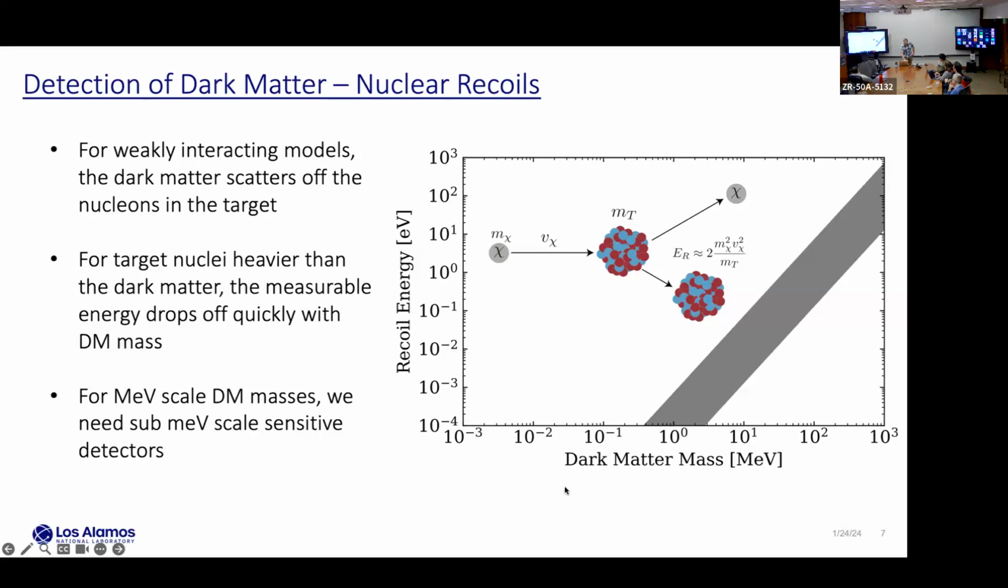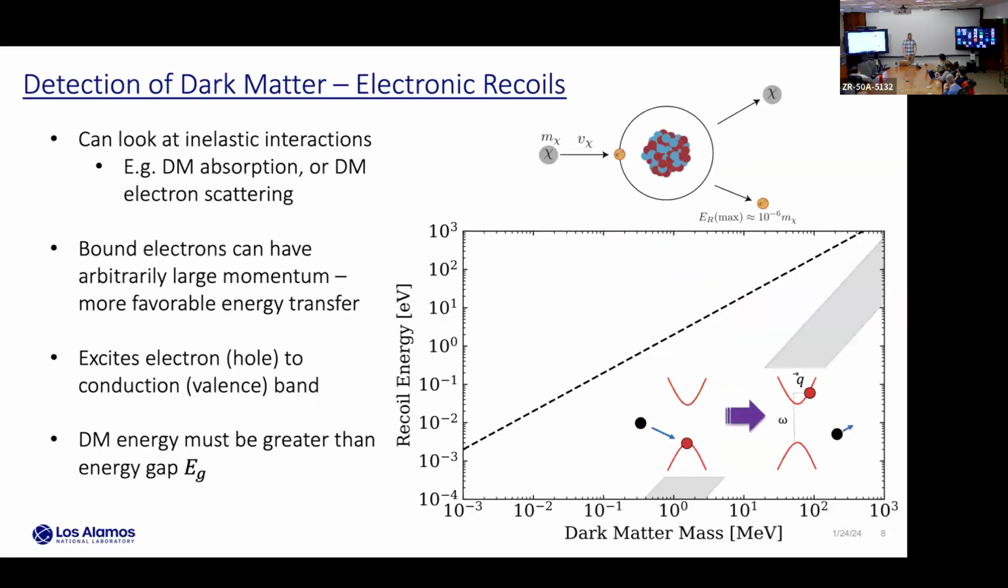And as you go even lower, we're talking tens of micro-eV that we would need detectors sensitive to, which is an incredibly challenging problem to solve. So we have some way to make that a little bit better. Since I said now we can be sensitive to electronic recoils with these lower mass dark matter models, the picture is a little more favorable, but still not great.